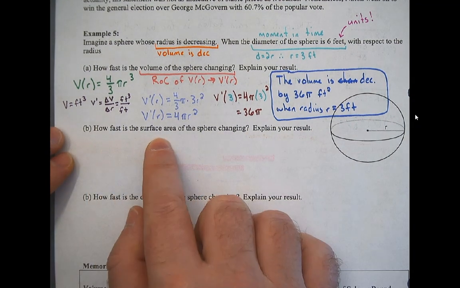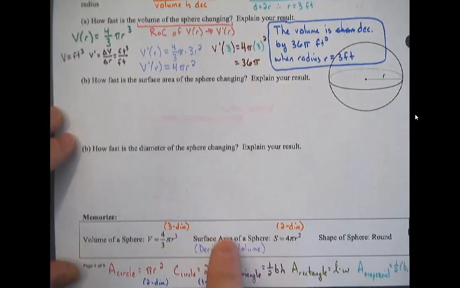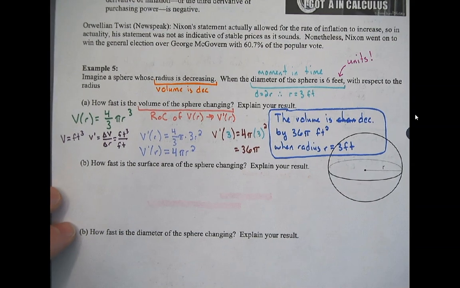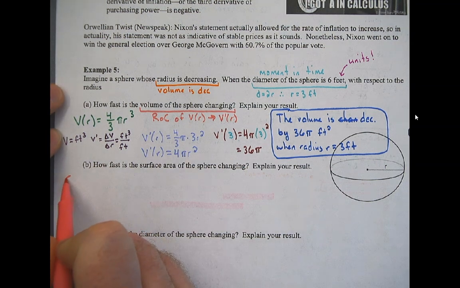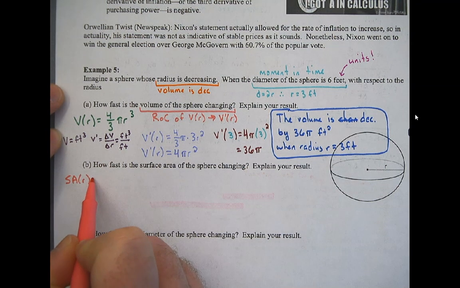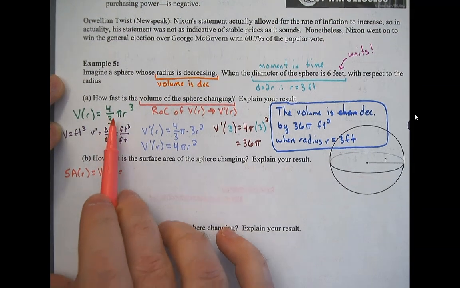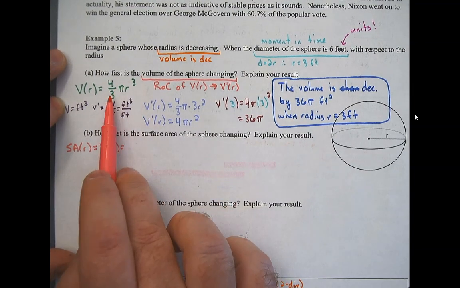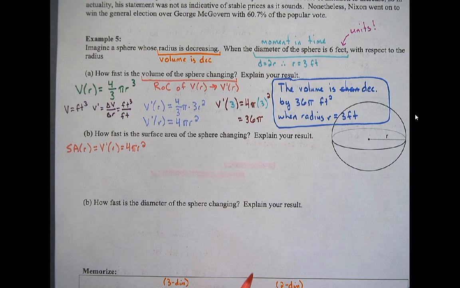Okay, how fast is the surface area of the sphere changing? Well, what did we just figure out? We've got the surface area formula down here, but I would rather have you think about this as surface area based on radius being the same as the derivative of volume based on radius. That way I only have to memorize one formula. 3 bumps down cancels a 3, 4 pi r squared. So that's the formula